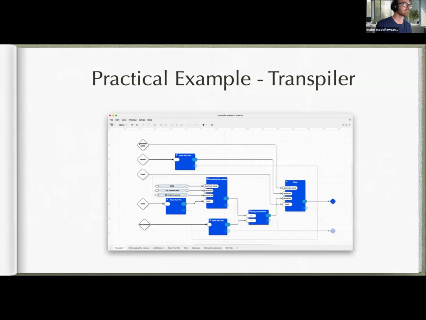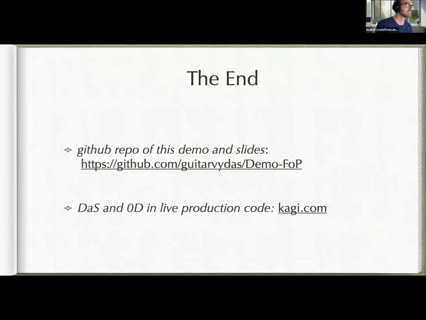Practical example. This diagram contains the niggly details for implementing T2T, text-to-text transpilation. The first parser transpiles RWR code into JavaScript and feeds it to the second parser. OhmMeta2 was developed at VPRI for creating many DSLs. OhmJS is a descendant of OhmMeta2. Text-to-text transpilation is so simple that it doesn't need the full power of even OhmJS. The end. DOS and 0D ideas are being used in production by Kagi.com.